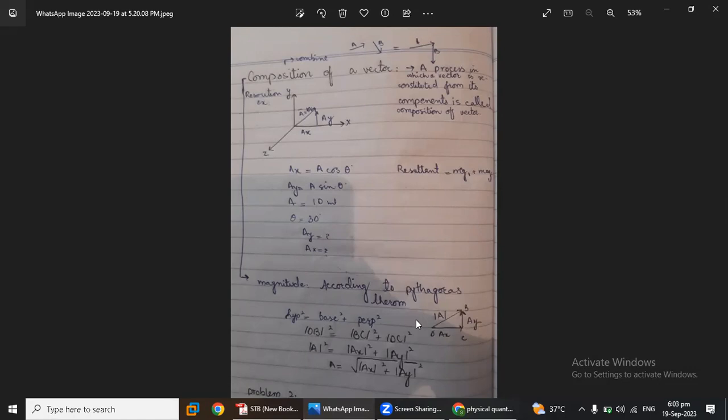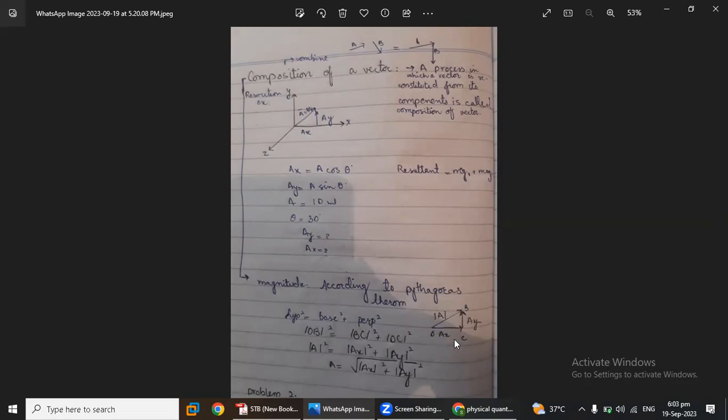ठीक है, एक कंपोनेंट को हम वर्टिकल लेते हैं जो कि 90 डिग्री का एंगल भी बनाता है, और जो दूसरा वाला होता है उसको हम हॉरिजॉन्टल लेते हैं और दोनों के बीच में 90 डिग्री का एंगल बनता है। इसीलिए इसको हम रिलेट करते हैं पाइथागोरस थ्योरम से। ठीक है, तो पाइथागोरस थ्योरम का फॉर्मूला क्या था? सी स्क्वायर इक्वल्स टू बी स्क्वायर प्लस ए स्क्वायर, मतलब हाइपोटेन्यूज का स्क्वायर बराबर बेस का स्क्वायर प्लस परपेंडिकुलर का स्क्वायर।